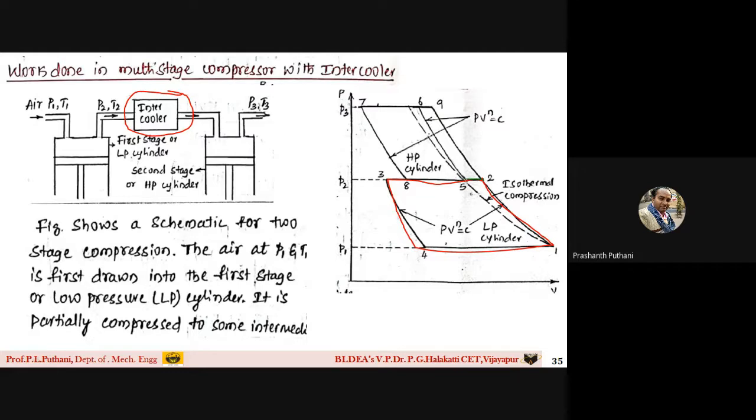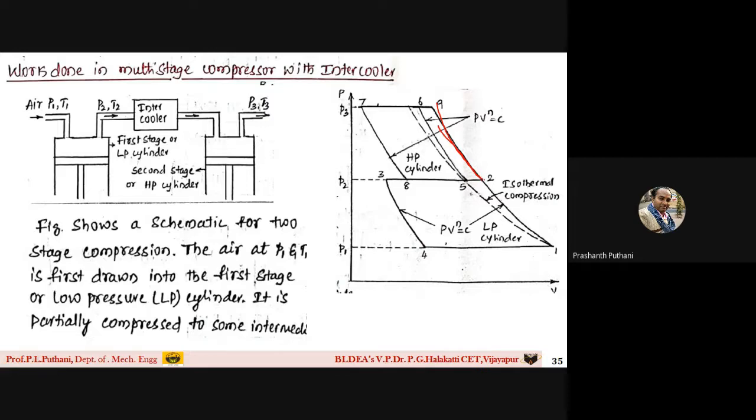You can see here, this green colored arrow line I am showing in the PV diagram. Is it visible to you all clearly? Yes, sir. What this line says is that the compression for the next stage begins from position number 5. Why? Because of this intercooler. If this intercooler was absent, then what would have happened? The compression for the second cylinder would have started directly from position number 2 itself.